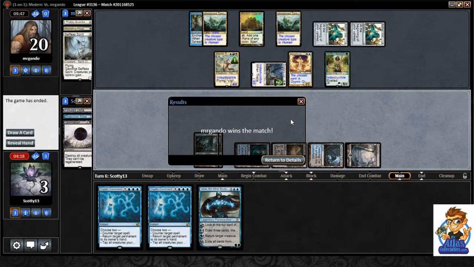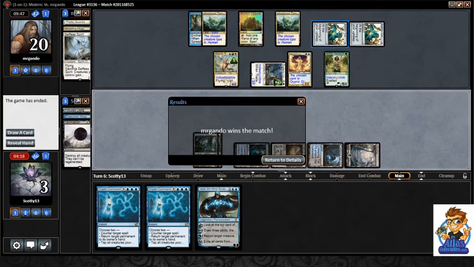That was a series of a bunch of misplays. I didn't really expect him to have that second Meddling Mage. Or I just had a brain fart when I activated the Ether Vial on 2. Oh boy, that's so rough. I don't know if it really would have changed much. I don't quite remember the exact sequencing of events, but I'm not entirely sure it would have changed the outcome of the match. But anyway,